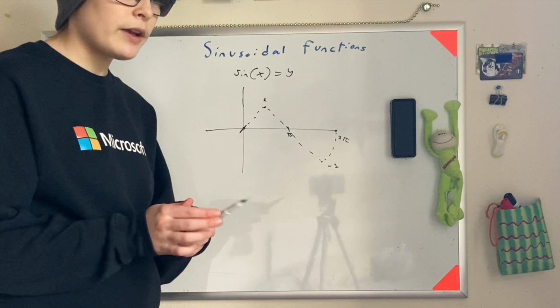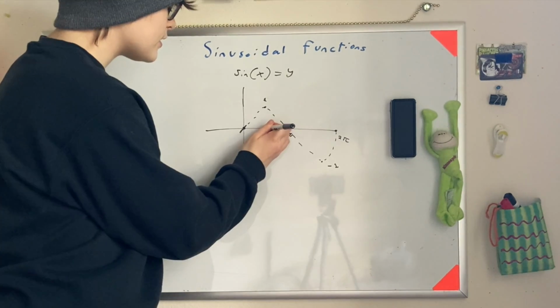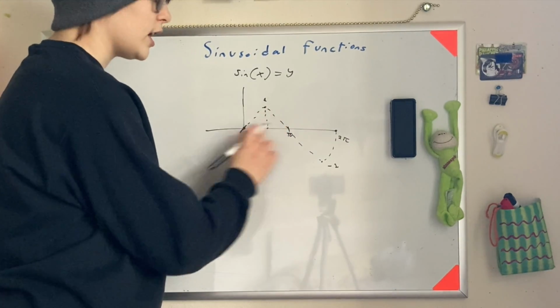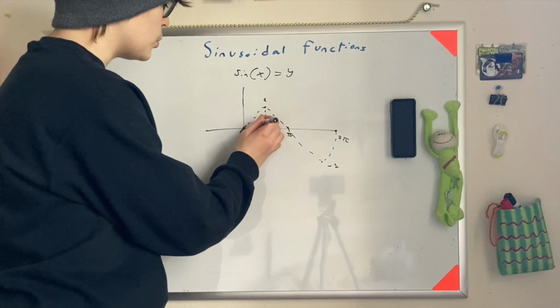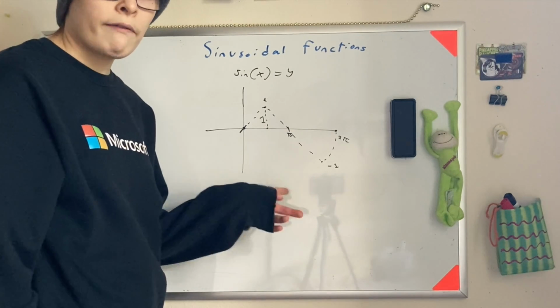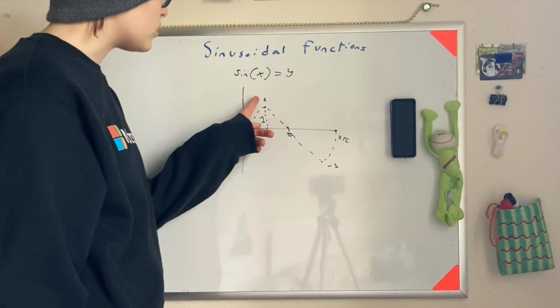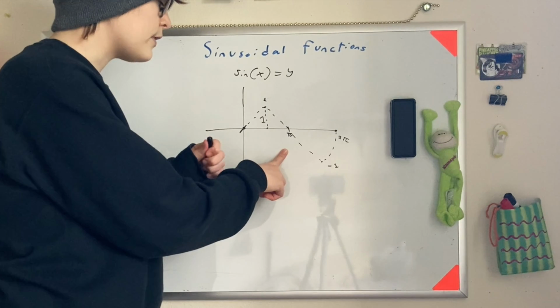Well, one way to describe a wave function is by its amplitude. That is the distance between the middle, or the line that cuts straight through the middle, and one of its maximum or minimum points. And here the amplitude is equal to 1. You can also find it by finding the difference in y value between the maximum and minimum point. Since this is 1 and -1, that would be 2, and then you would divide it by 2, which gives